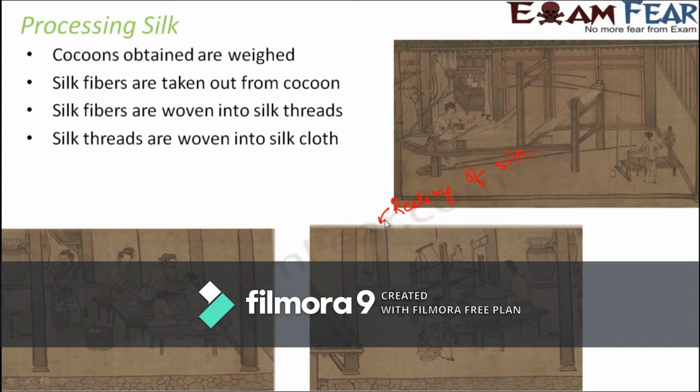So you see these types of fabrics, which when we go to a shop we feel are so expensive. Now just look at the process behind obtaining them, behind bringing them to the shop. It involves a lot of effort and a lot of time, and that is why natural fibers are a lot more expensive when compared to artificial fibers. Here we have not discussed artificial fibers, but in your class 8th we are going to talk about artificial fibers in detail. For example, nylon, polyester, what they are and how we prepare them.